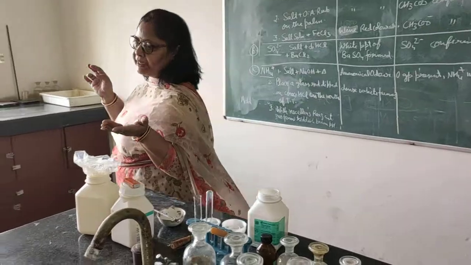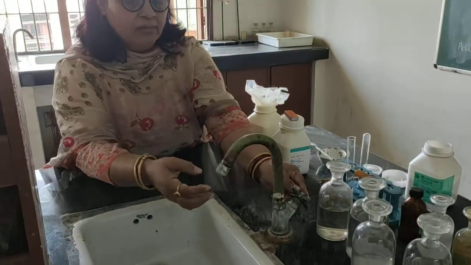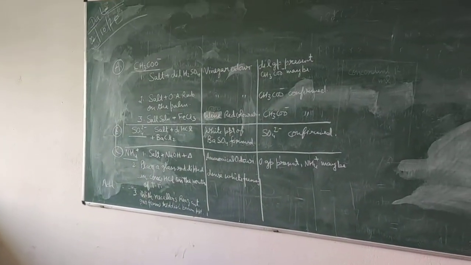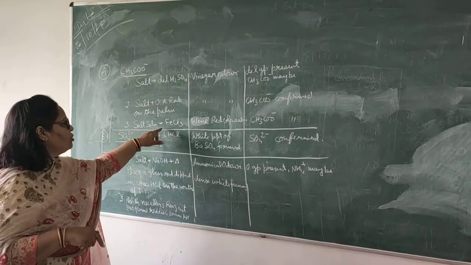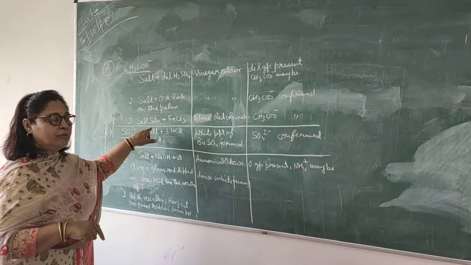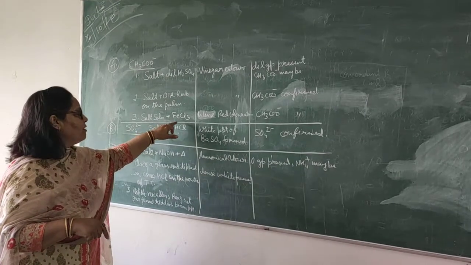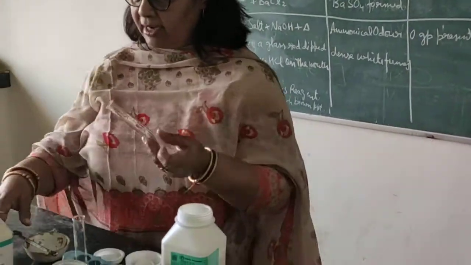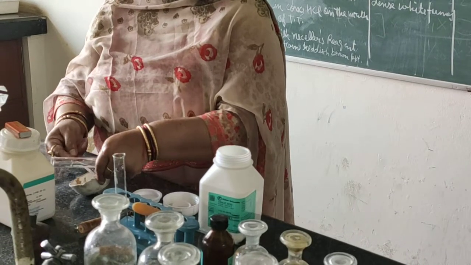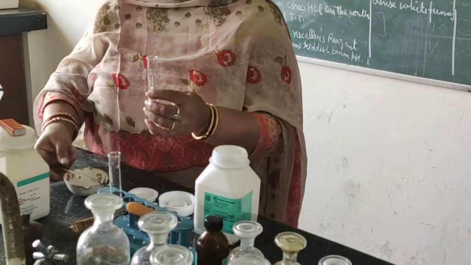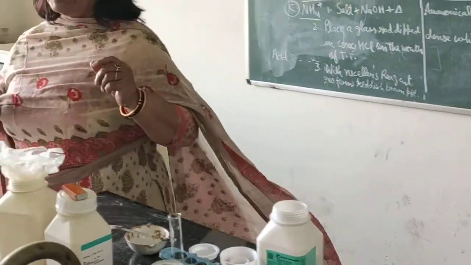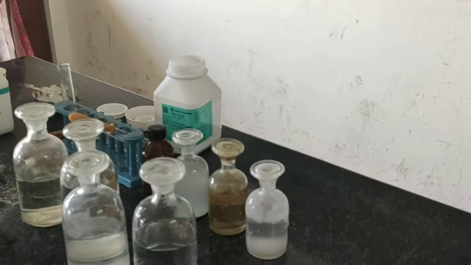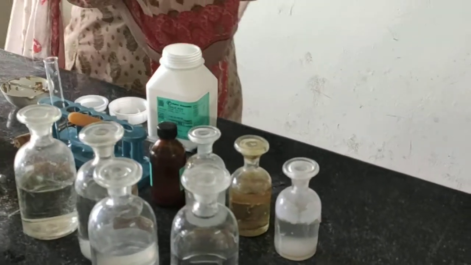After these two tests, again I use this same salt, and the third important test is this. We take salt solution. Salt solution means salt plus a little water, and then add ferric chloride. We get wine red coloration. So now we start. This is our salt. Now we take some amount of water in it. So this is water. This is called salt solution.